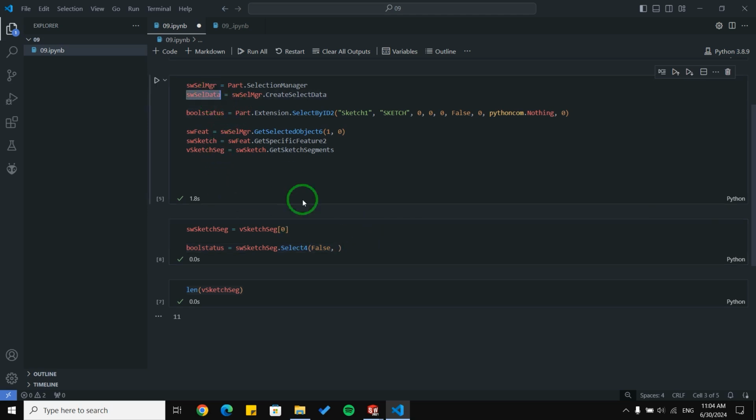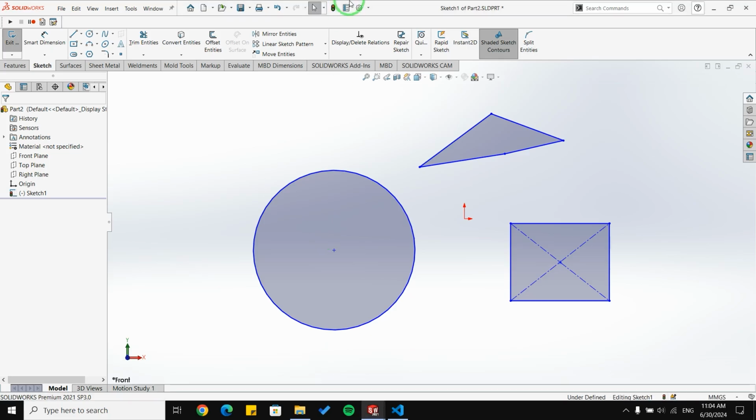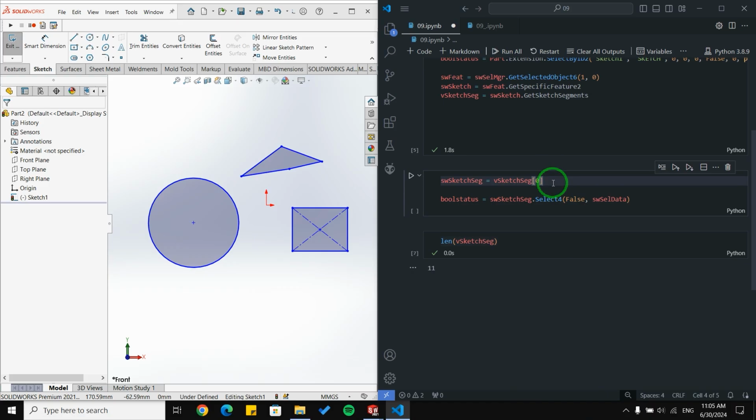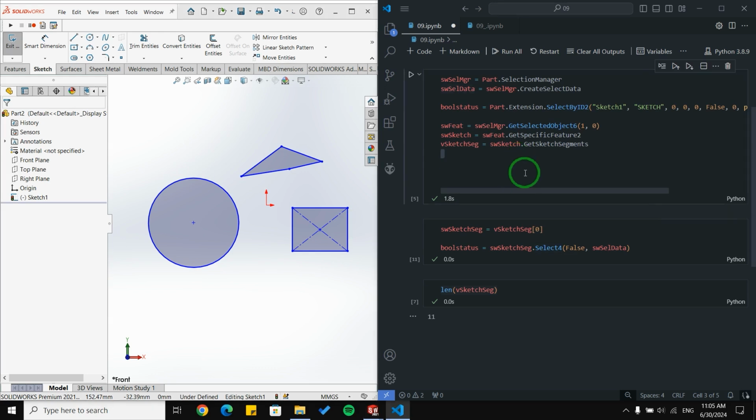And for the data, I'm going to copy this one and paste it here. Let me rearrange my windows. Okay, let's run this block of code. And as you can see, now I'm able to select a specific segment under my sketch, that in this case is sketch 1.